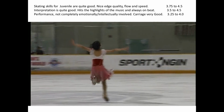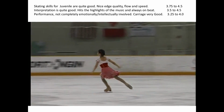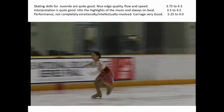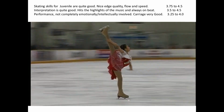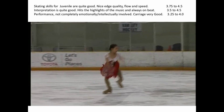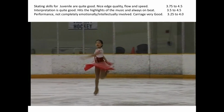Already great edges, right to the music. Hits the music, elements really done nicely. Be at a plus for that. Twizzles